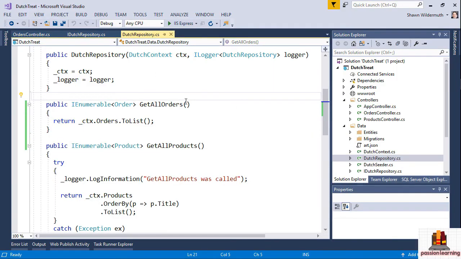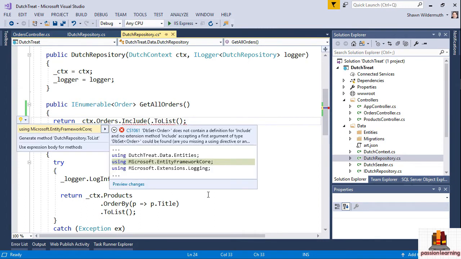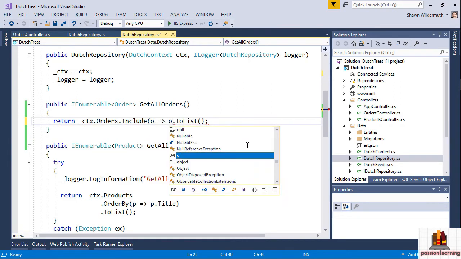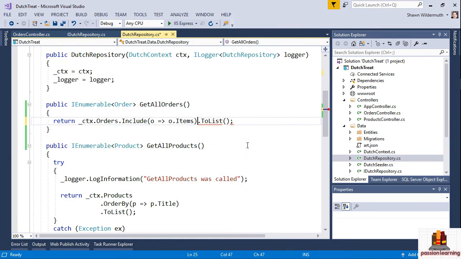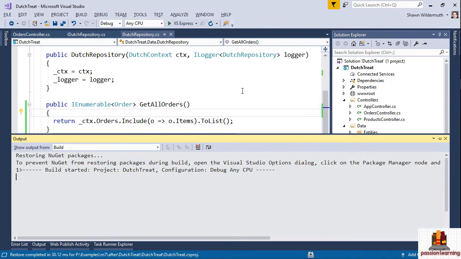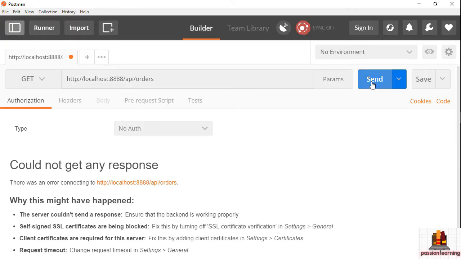This comes back to the way the Entity Framework Core works. When we ask for orders, we're only going to get that level of the hierarchy back unless we add include, and include is in a different namespace, Microsoft Entity Framework Core, so we'll need to add that namespace. And include can take a lambda so we can tell it what to include, and in our case it's going to be items. Now that we've included the items, let's rebuild this,